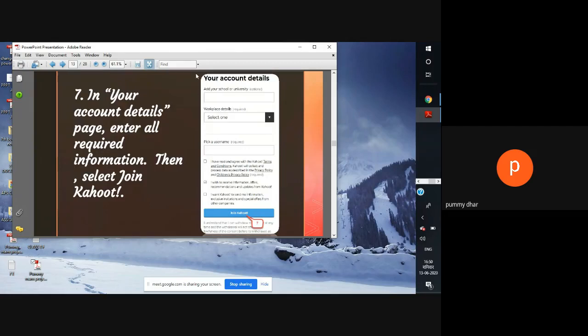Here you have to put the school name, then select the workplace where you are working, then write the username required, tick these options, and then click join Kahoot.